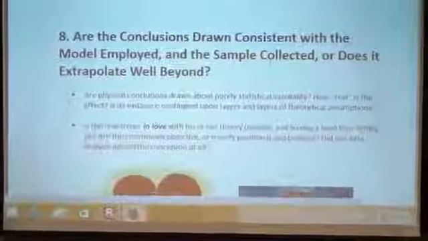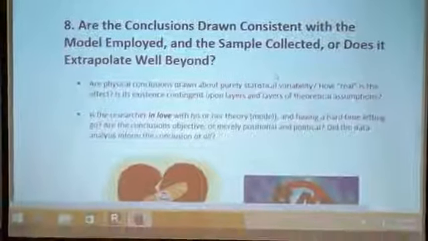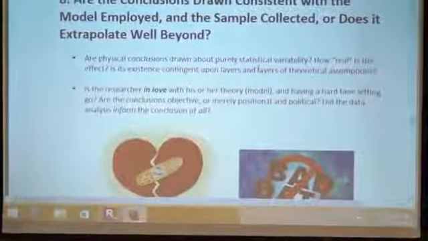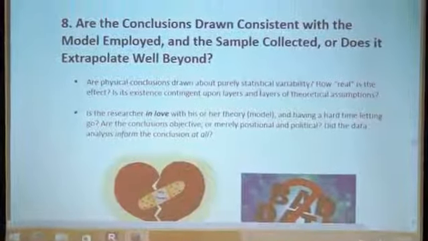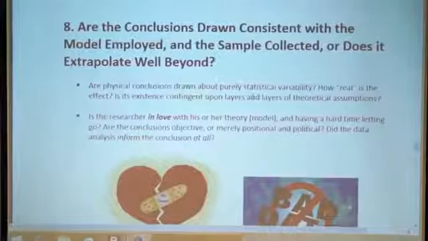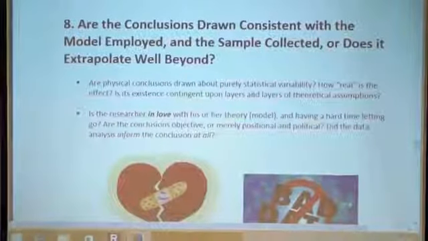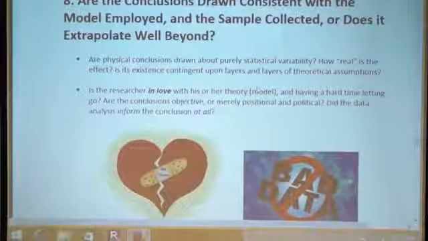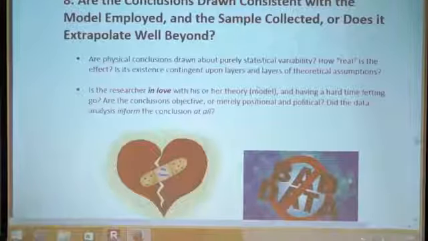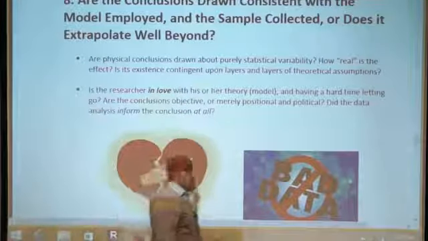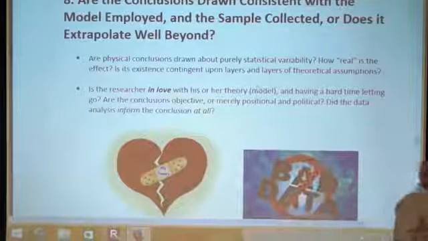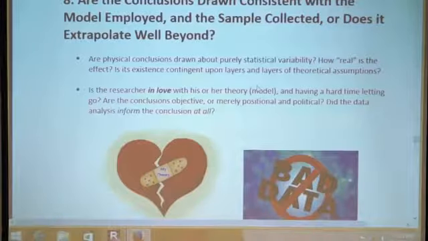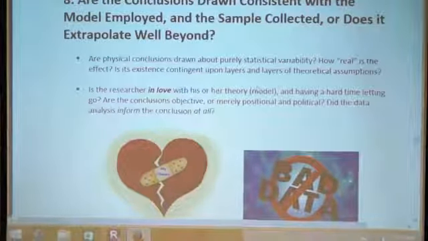Are the conclusions drawn consistent with the model employed and the sample collected, or does it extrapolate well beyond? I'm going to go a little bit faster because I want to get to my last point. For me, I always look at the conclusion. I look at how well it matches their analysis. Do they run wild in the discussion section, claiming all kinds of things that just don't match up with their model and their analysis? If the data do not support the theory,